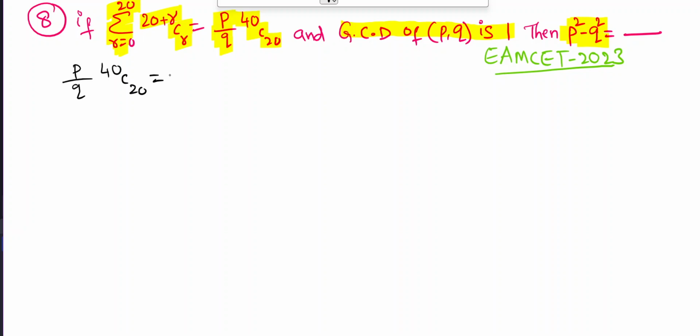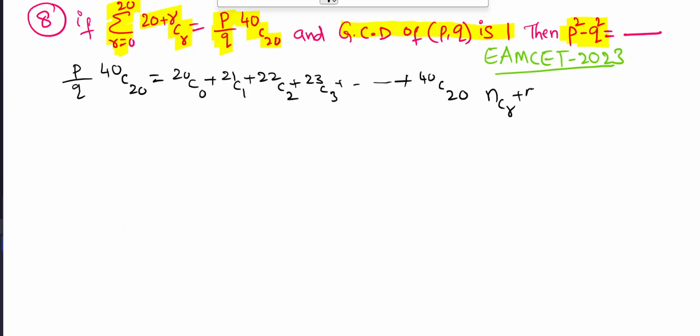Substituting 0 in this equation, that is 20 C 0, put r is equal to 1, that is 21 C 1, r is equal to 2, 22 C 2, r is equal to 3, this is 23 C 3, plus up to the last term. Substituting r is equal to 20, this is 40 C 20. So that is equal to, we know the formula,